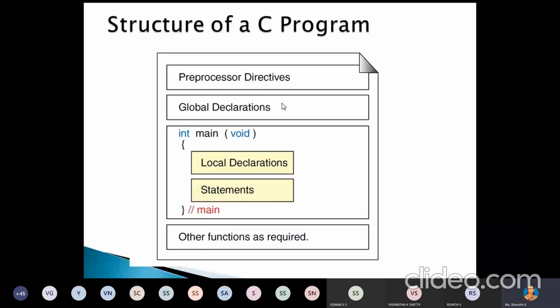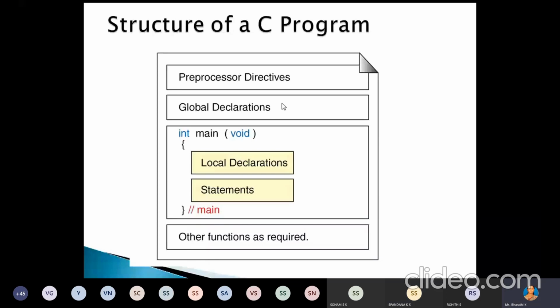Can you tell me some of the preprocessor directives that are used in C? Anybody can tell? Yes. stdio.h. Okay, that is the header file.